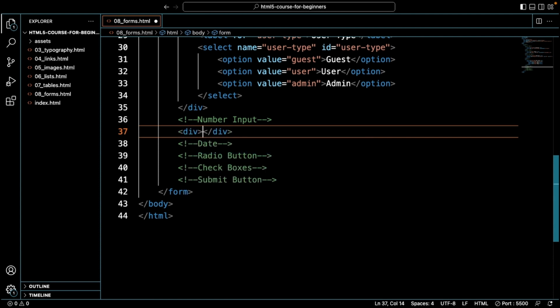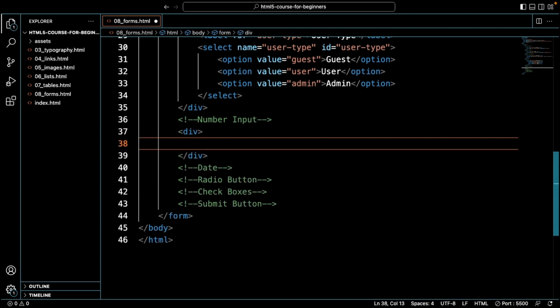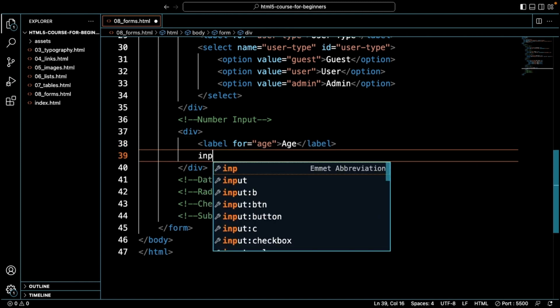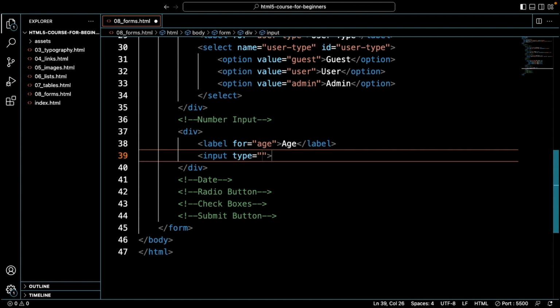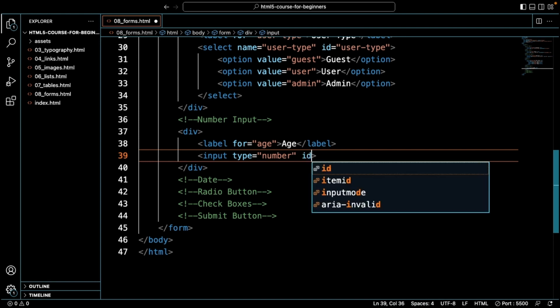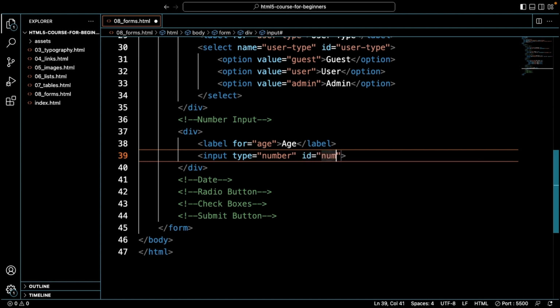So again, starting out with our div tag, and we'll add a label, and we'll make it for age. Then we'll add our input, and for type we'll do number, and we'll add a few more attributes. We'll add our ID, we'll do number, or age, I'm sorry,